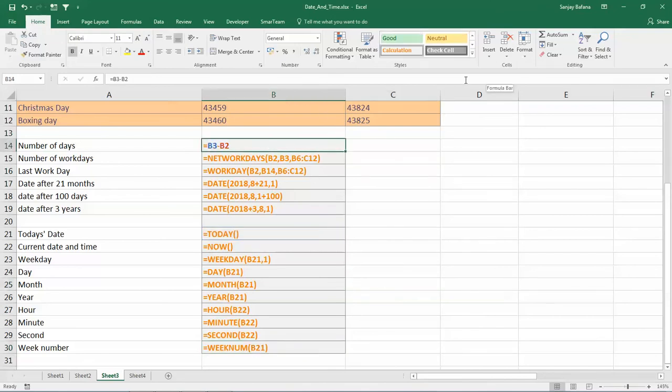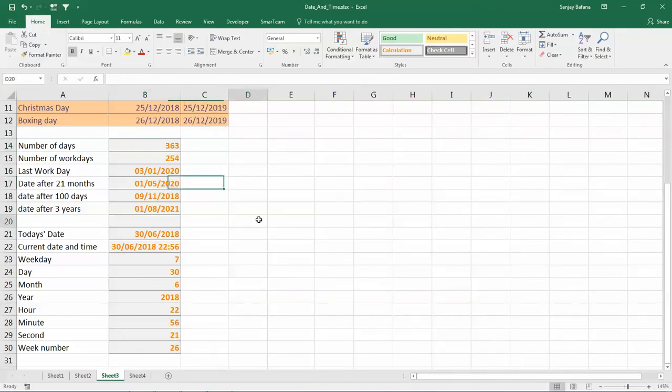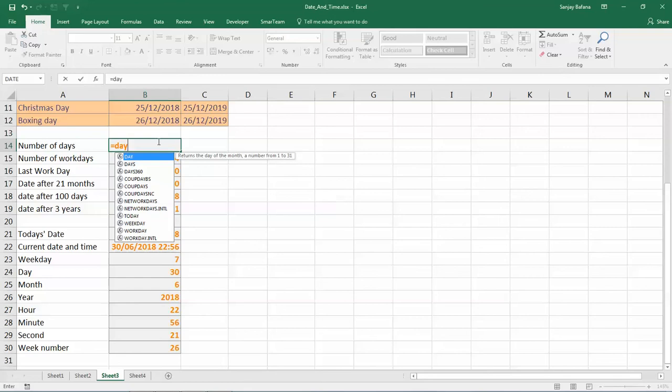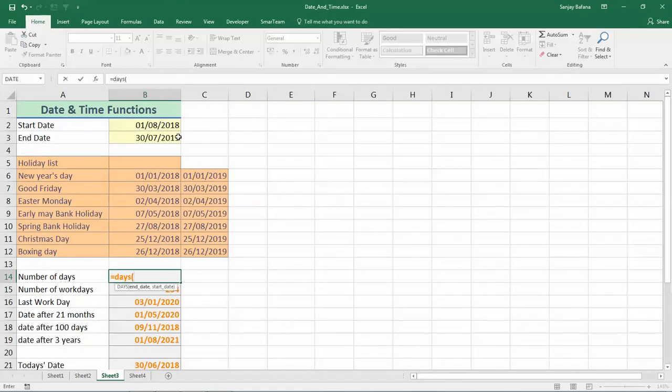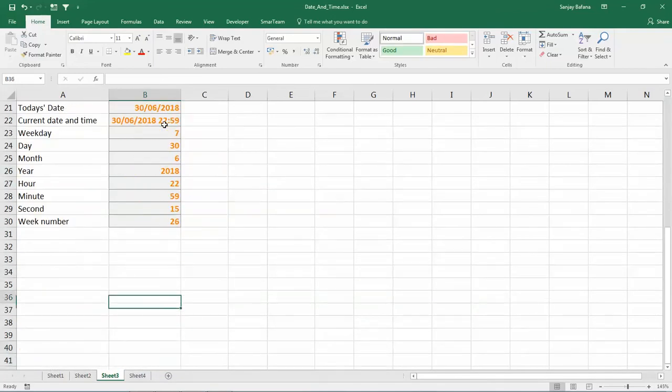For number of days, other than subtraction, there are also a few other functions. For example, DAYS, and you can select end date and start date. It gives you number of days. You can also have a function for this. Okay, hope